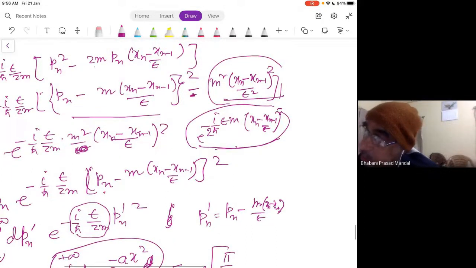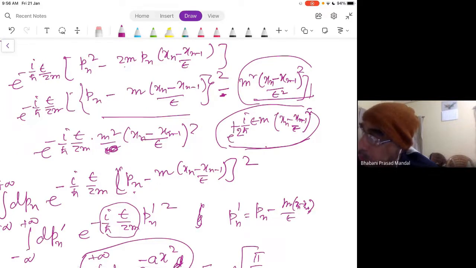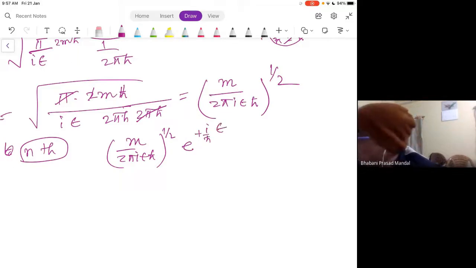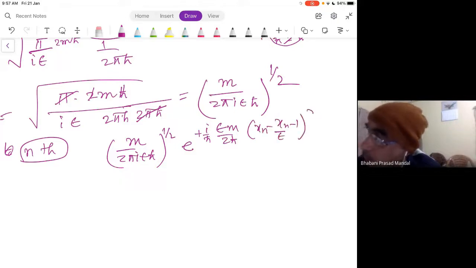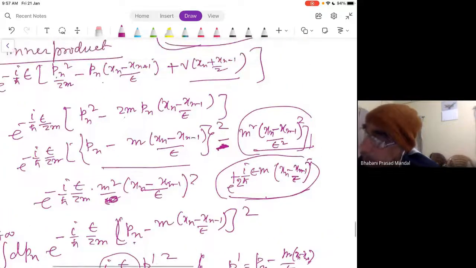There is a this minus and there is a this minus. So this term will be plus. You can check yourself: this minus and this outside minus. So the terms will be plus i ħ ε m by 2ħ (xn minus x(n-1) by ε) whole square. This is coming from making the p as a perfect square, and there is a term remaining